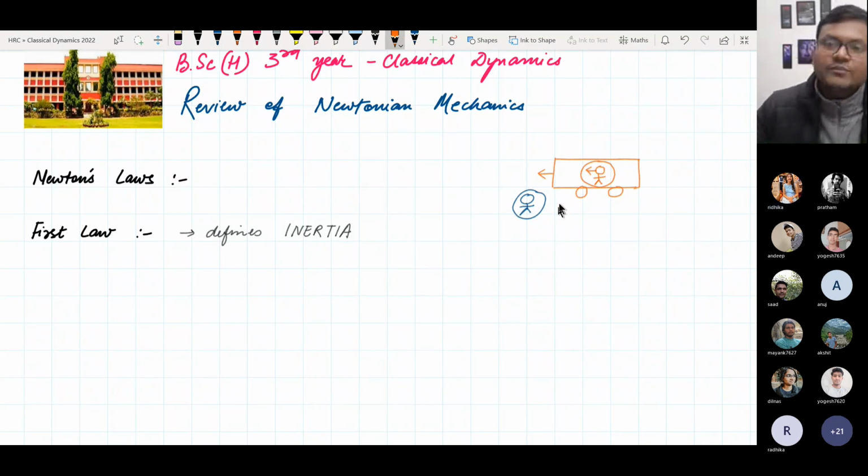Okay. Yes. So with that perspective, I was saying that we can only define inertia with respect to this observer because he is an inertial observer, but we cannot define this property with respect to this guy because he will not agree with it. Because he will say, okay, but I am experiencing a force, and it has no origin. So what do you mean by that? So therefore, even though we define inertia as a property